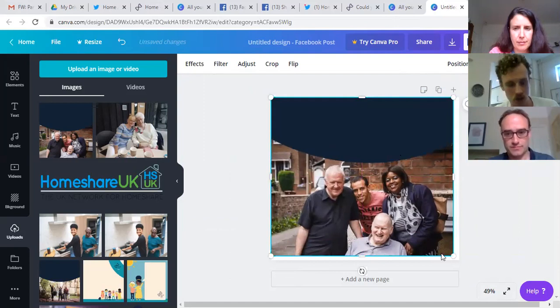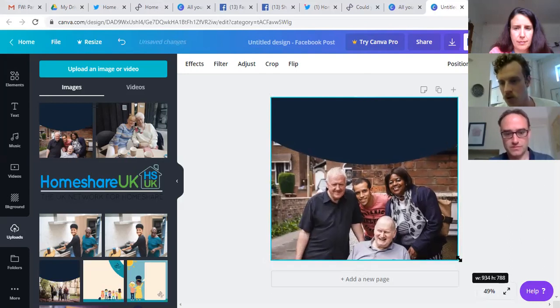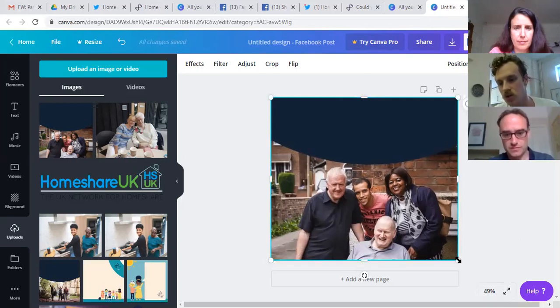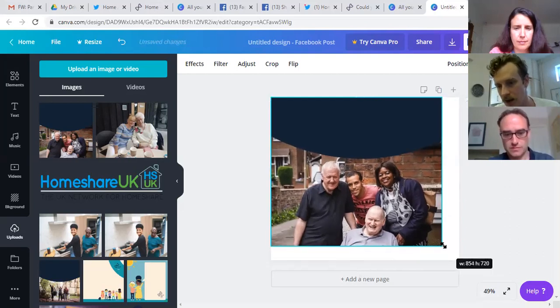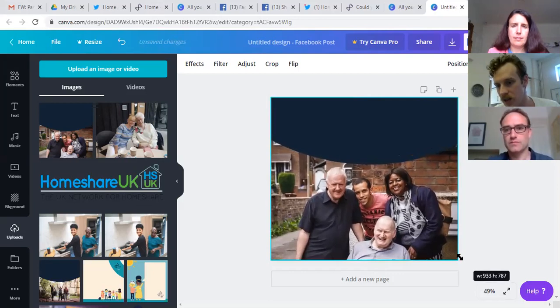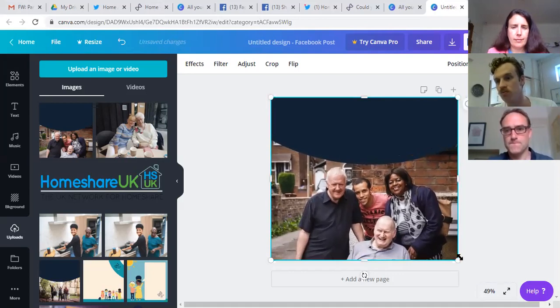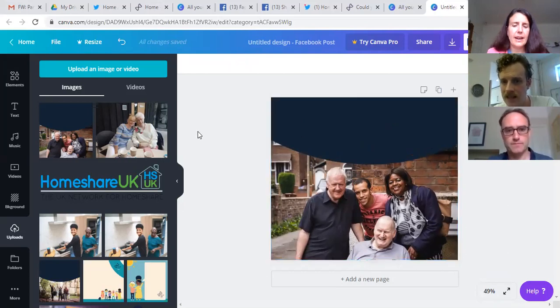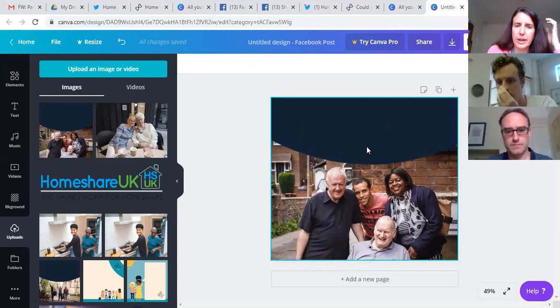Obviously, because this was created in the right dimensions, we want this to fill up the entire background. So if you just click Control or Shift whilst you're dragging, click at the corner and drag, that will retain the shape of the image as you rescale it, so it won't squash itself flat. So you can drag that to match up to the frame, and there's the background. Stretch stuff from the corner.